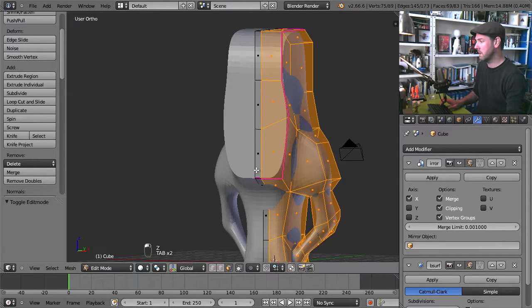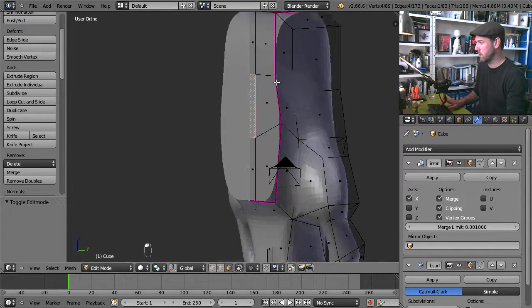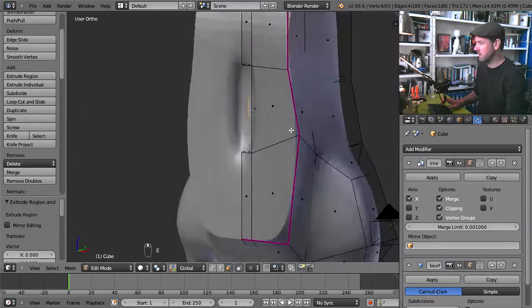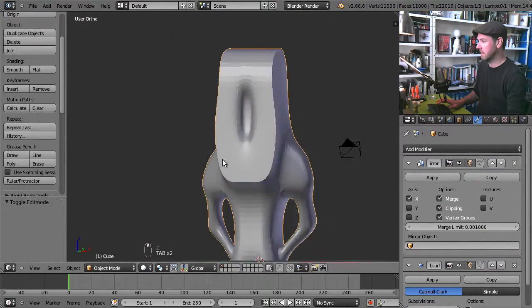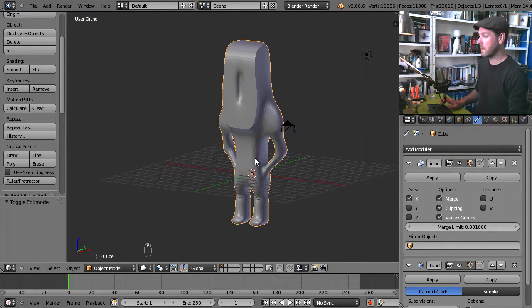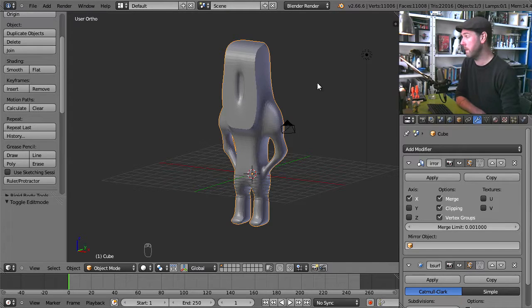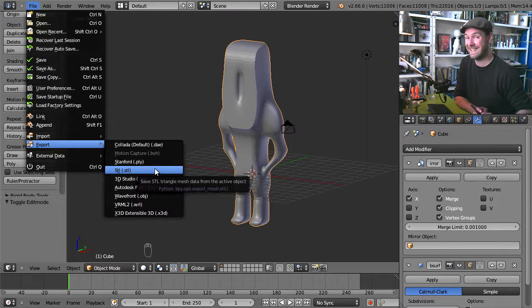Let's give him something to look through. I will just do these two in this case, or just this one, and extrude it in. There we go. So he's got a little bit of an eye slit thing, hole, or a helmet. This is a weird little character. If I wanted to print him, I can go File, Export, and then choose your file format. This guy doesn't have any color. He's very simple, and we would pick STL. That's the most common format for non-colored